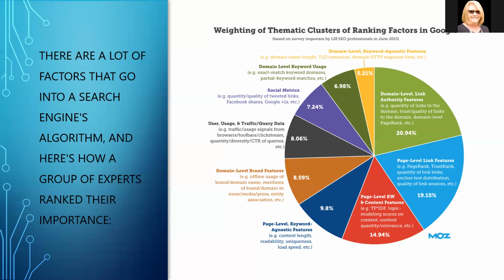But I think I want to go with this pie so that you can see, if you go down to the 7% range, there's your social media. And the reason I want to point that out on this pie, I think that's a huge eye opener, I hope, for a lot of you, is that your social metrics are a very small